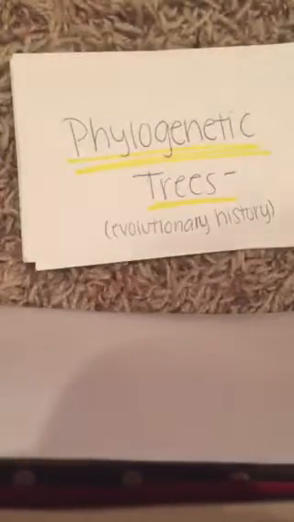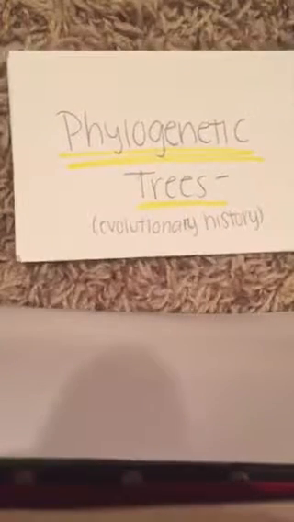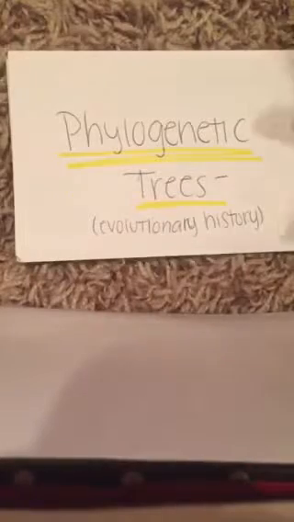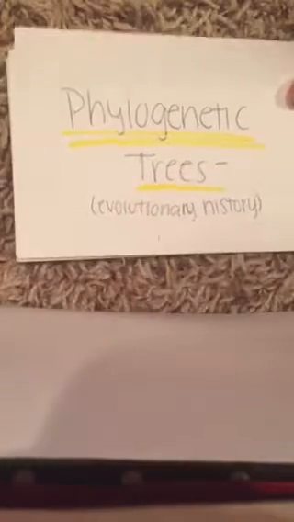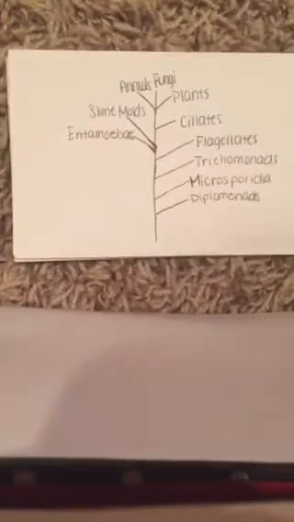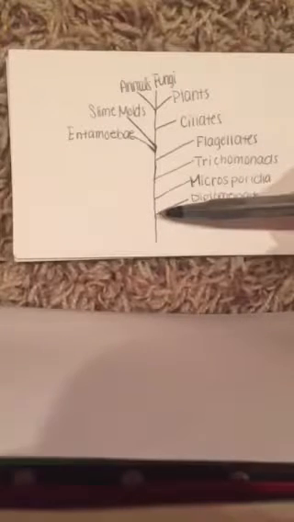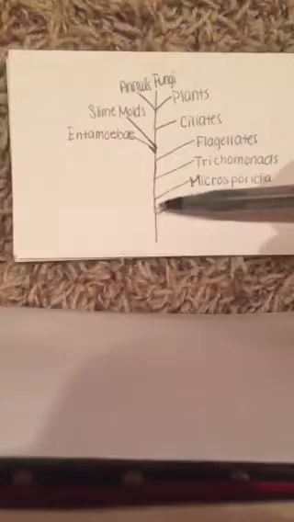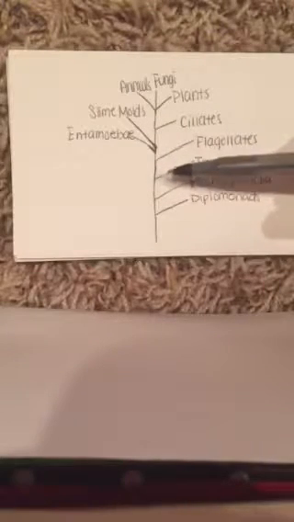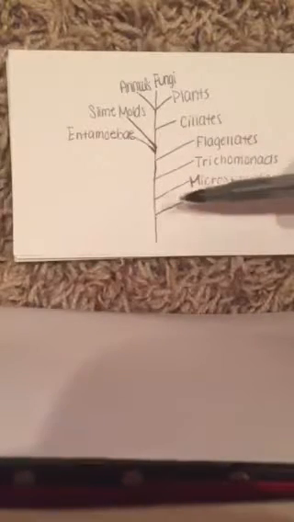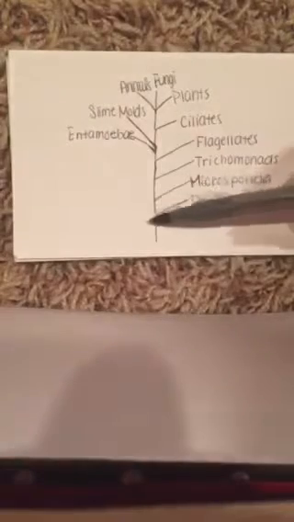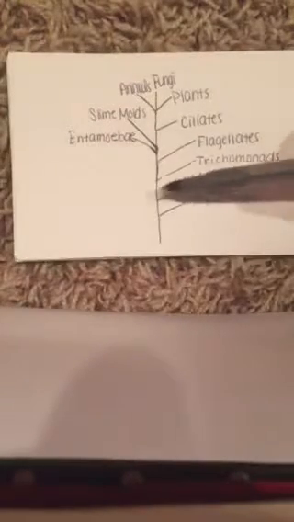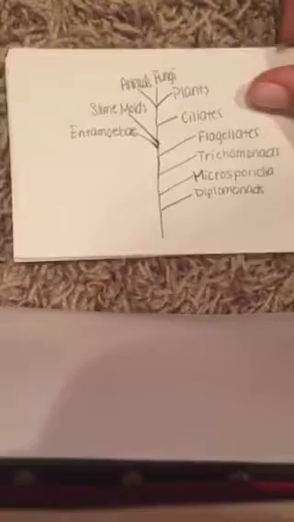So here are different diagrams of speciation. The first is phylogenetic trees, which are factually supported, and they basically show the evolutionary history. Over here we have a root, which is the initial branch, and as the tree grows, it's increasing with time. So over here is the oldest evolutionary history, and here's the most modern.